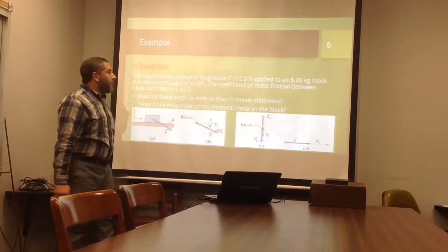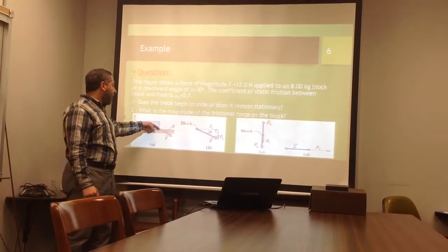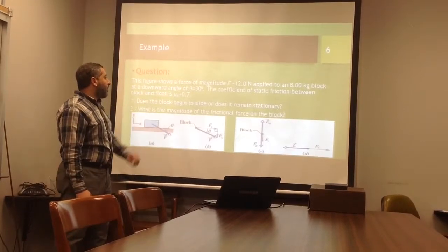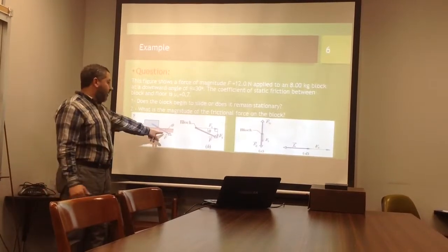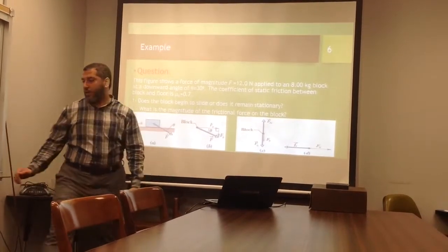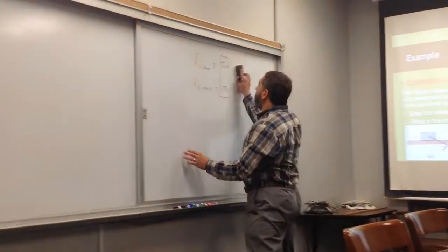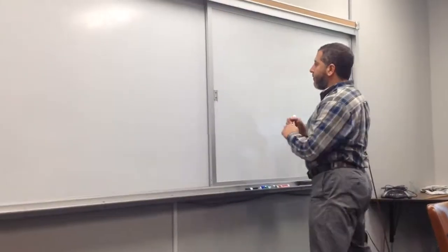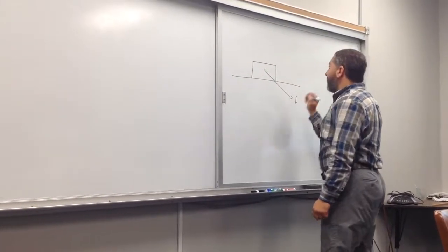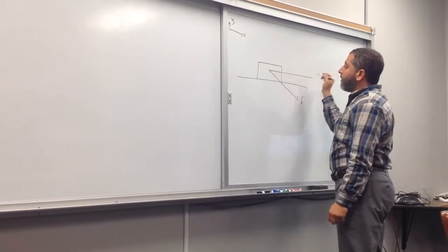If we solve a simple problem on static friction, we have an object like this, and we have an applying force F, making an angle theta with the horizontal. And the question is, does the block begin to slide, or does it remain stationary under the effect of this F? And what is the magnitude of the frictional force on the block? So in order to solve this problem, we have to draw the diagram first. So this is the x direction, and this is y. And if we decompose this force,